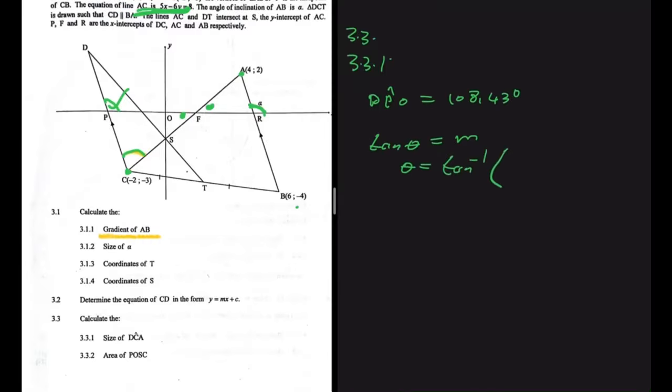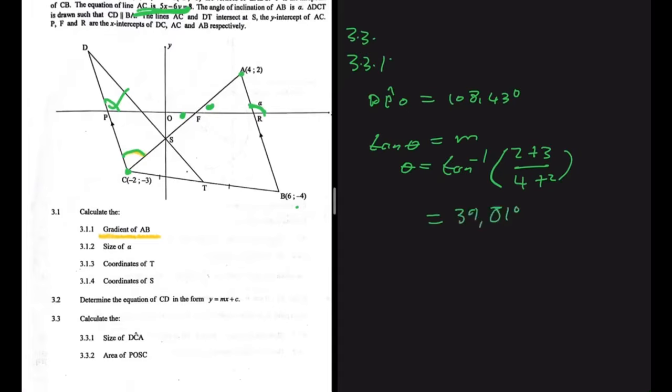So what are we saying? We're saying y2 minus y1 divided by x2 minus x1. But just for the sake of time, we're just gonna do it without writing the formula down, right? So what is y2? Let's take A as our second point, right? So y2 should be 2 here, and then y1 should be minus 3, right? So that will be plus 3 because we say y2 minus y1. And then now let's look at x2 minus x1. So x1 is 4, and then x2 is minus 2, so that should be plus 2. So we're saying that theta is equals to tan inverse of (2 plus 3) divided by 6 essentially, right? And that should be equals to